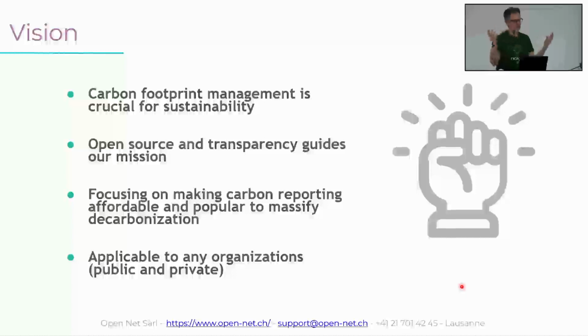Forget about those people who need to come and spend weeks gathering the data. We want to massify it and make it popular, to build these carbon reports so that people can start acting and planning rather than just counting and measuring. It applies to any organization, public organizations such as cities or governments, and of course, private ones.